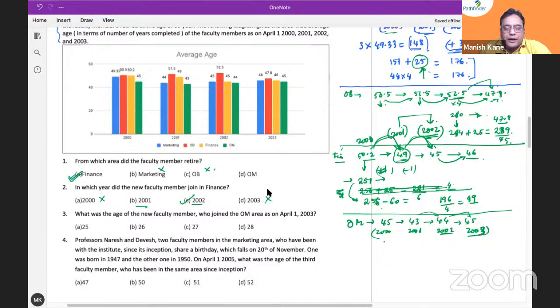Because only one person had left, I know now that here there would be a new joinee in 2001. So in 2001, the new joinee was 25 years of age. So in 2003, his age would be increased by 2 years. And the answer would be 27. I hope this part is very, very clear to all. Next,